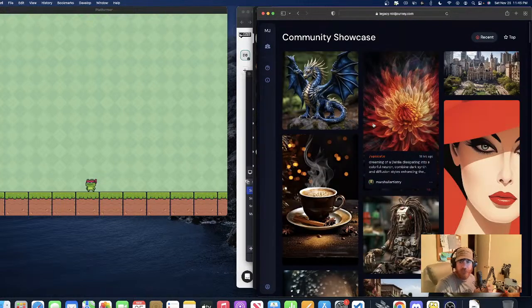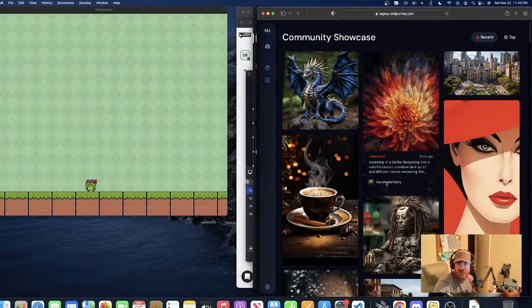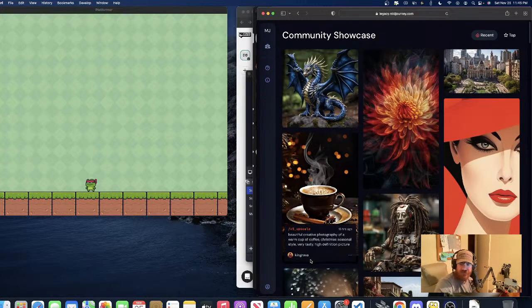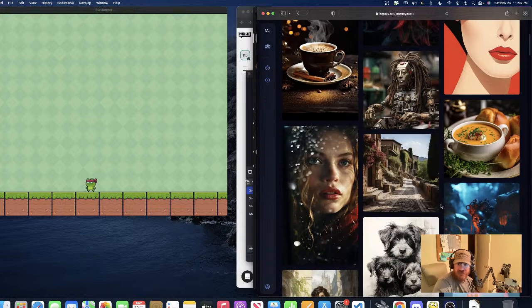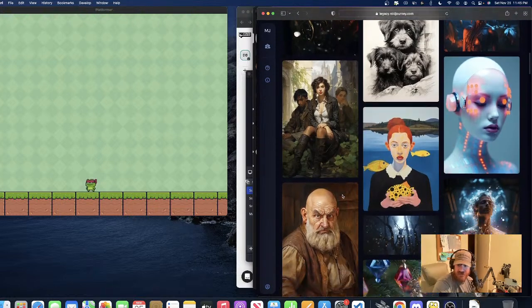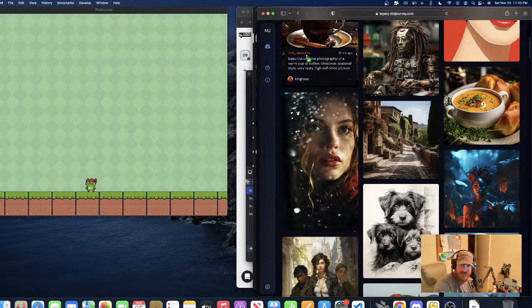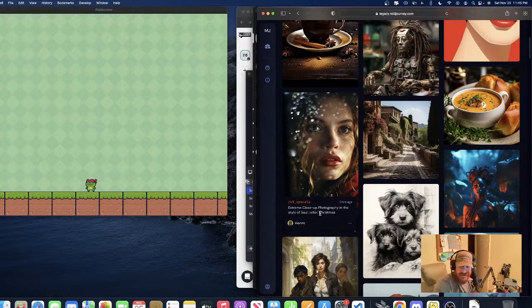Here we go. Now, the community showcase page. So you can do a couple of different things. What I like to do sometimes is scroll right here. It's really pretty eyes and it's really cool close up, red lips, kind of looking through a piece of glass in the car or something in the rain. That's kind of cool effect. I could just straight take this prompt, or